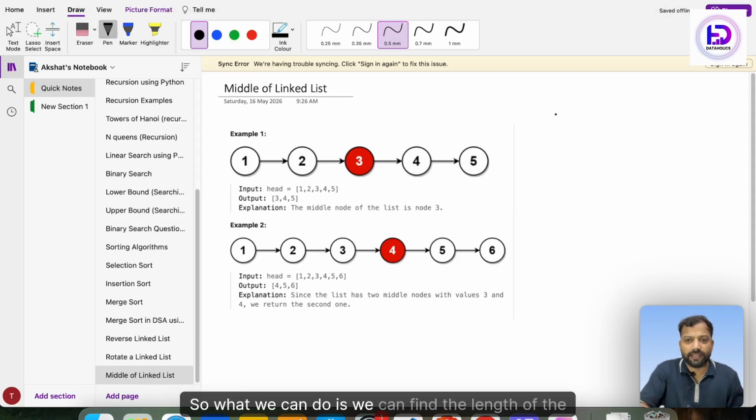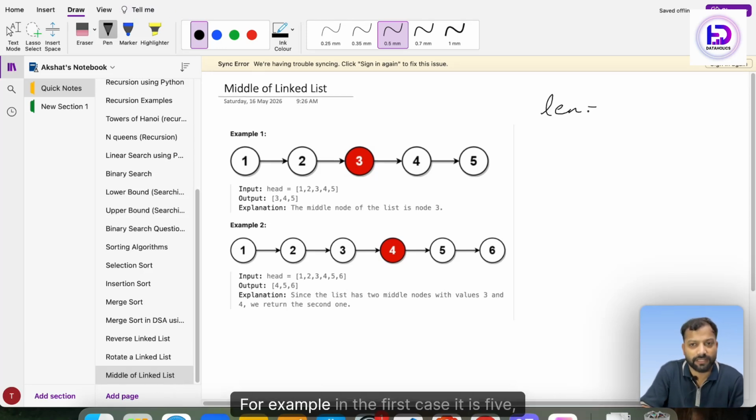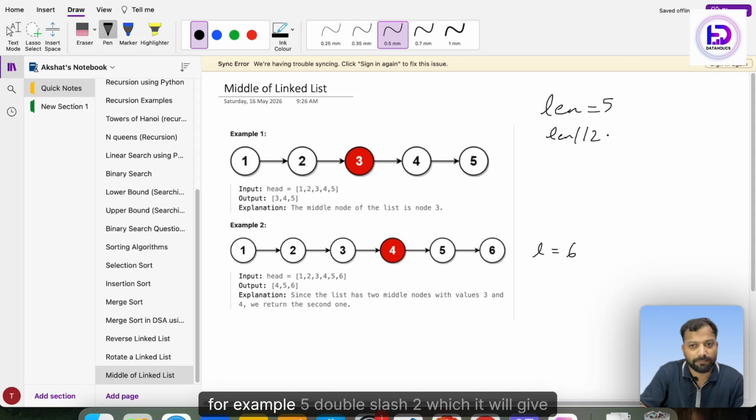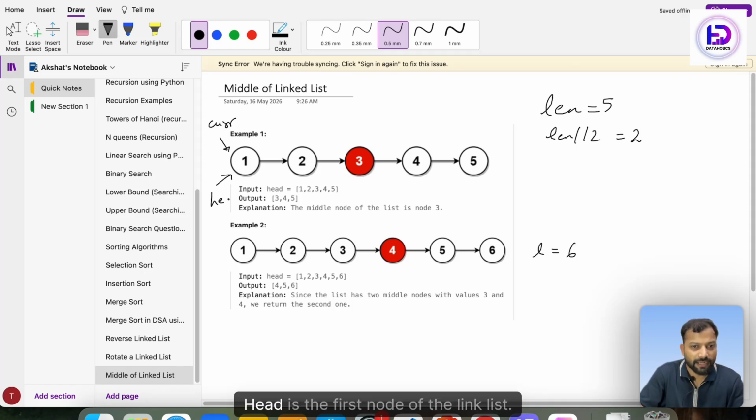What we can do is we can find the length of the linked list. For example, in the first case it is 5, in the second case it is 6, right? And then we can iterate till half of the length. For example, 5/2 will give you 2. So if I start my current node from head, I hope we already know head. Head is the first node of the linked list. So I am starting the current from here. And if I iterate it 2 times,